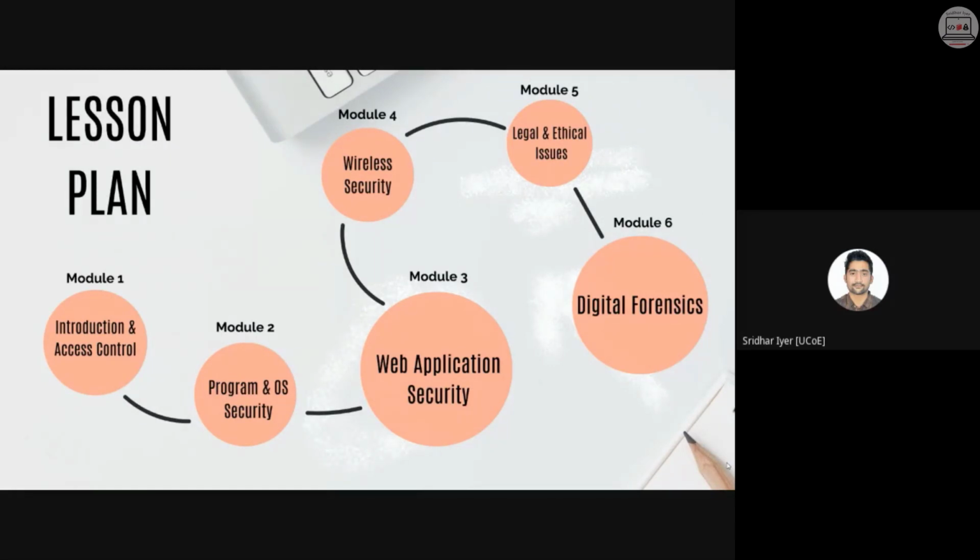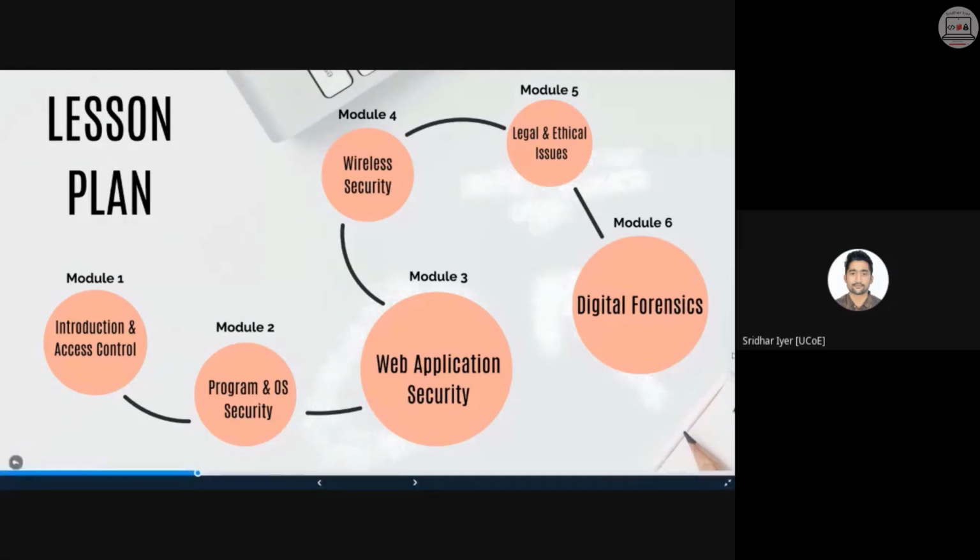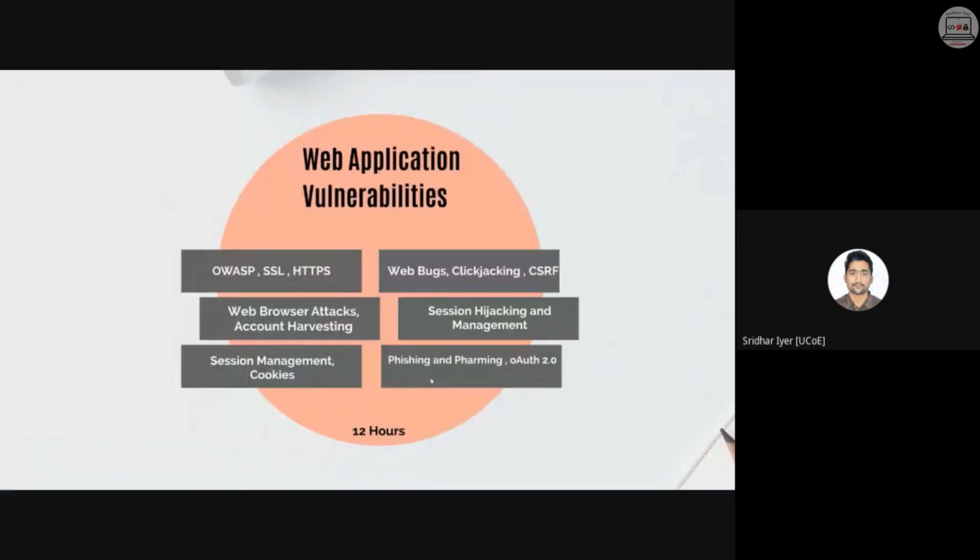Here we are not talking about people, here we are talking about computer systems. So when the computers are instructed that you have to carry out this activity, then only that computer will launch the activity. Otherwise, it will remain dormant. So such a machine is called a zombie in common terms. In technical terms, it's called a botnet. Okay, clear? So next up, we'll start with web application security.